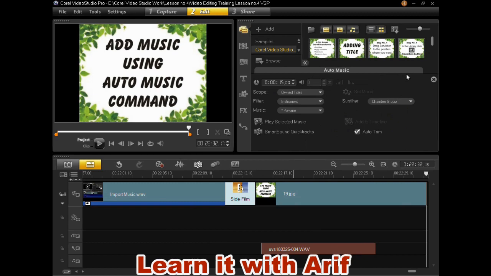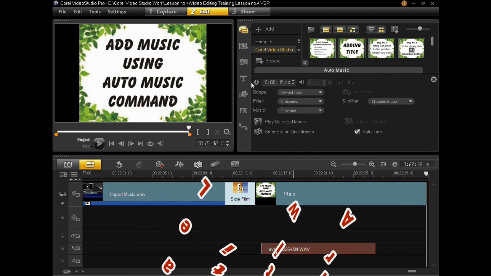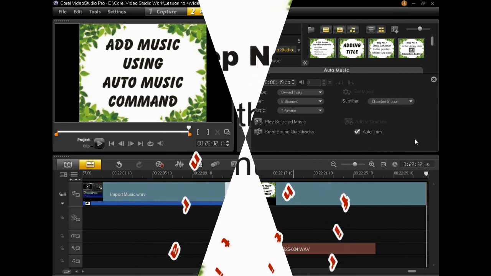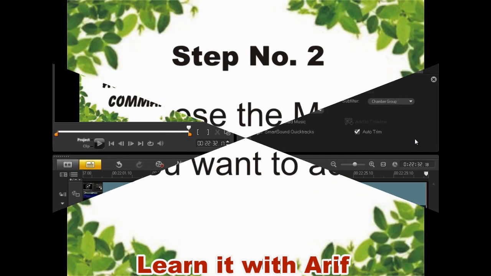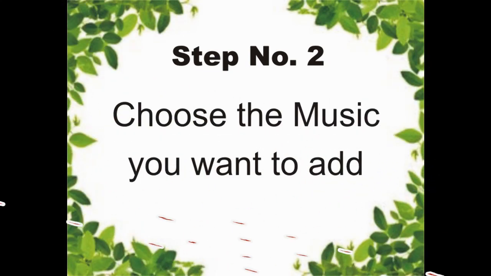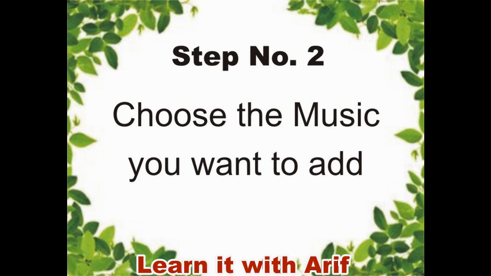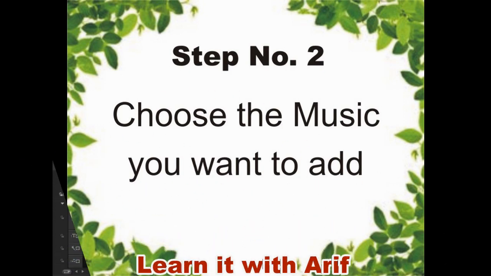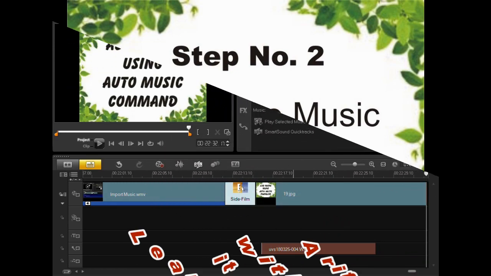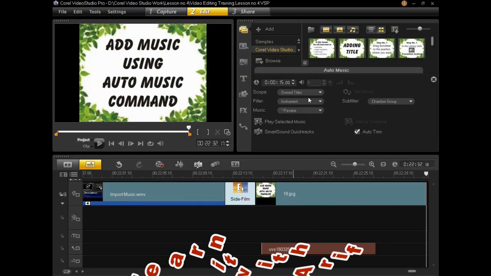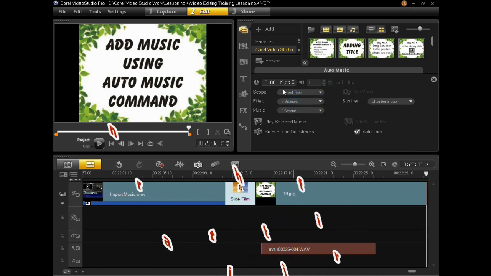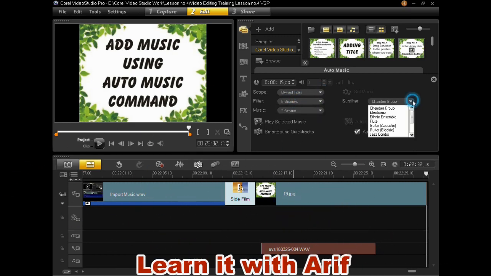You will see the auto music panel is open in your timeline panel. Choose the music which you want to add to your project.